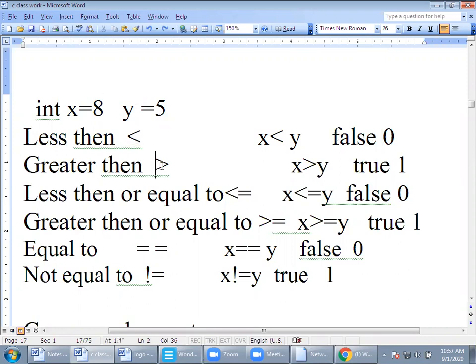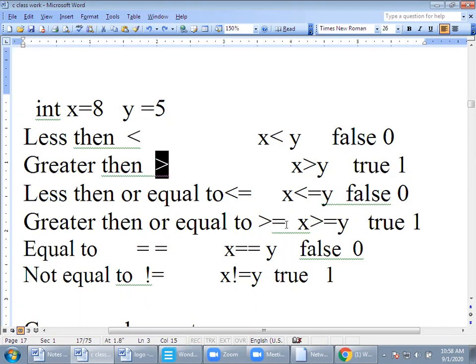Greater than symbol: x is greater than y. The value of x is 8 and the value of y is 5, so in this case the condition is true, and it will give us the value 1, or true. Less than or equal to: x has the value 8 and y has the value 5, so the condition is false, so the result is 0.